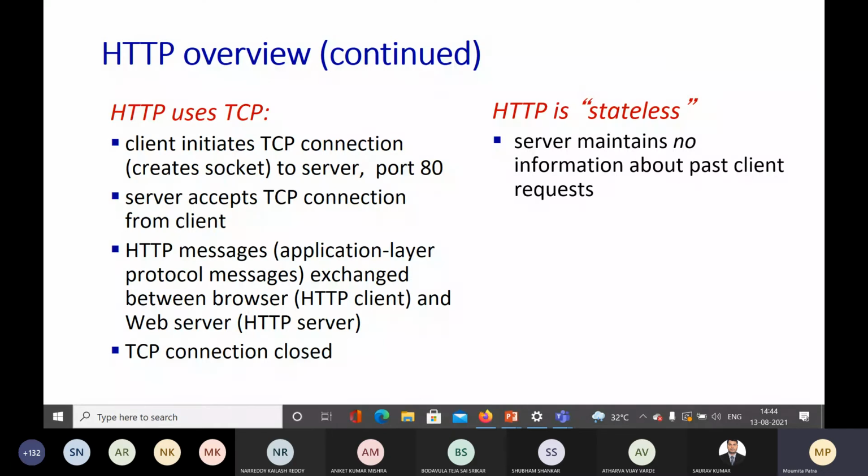Whoever accesses or opens our IITG website, what is the point of keeping all of that information, right? We don't need the information of who is opening our IITG website. HTTP is basically using this concept. The server will not maintain any information about any past client requests. That is why HTTP is known as a stateless protocol. Okay,